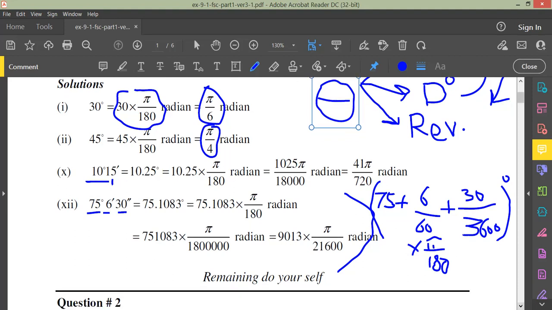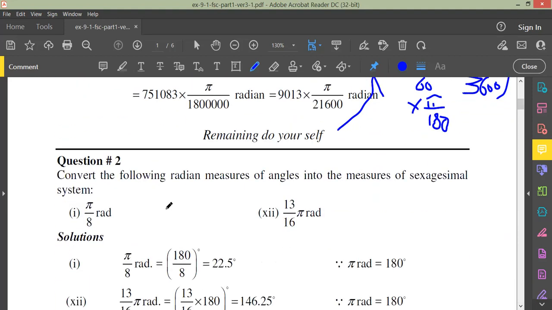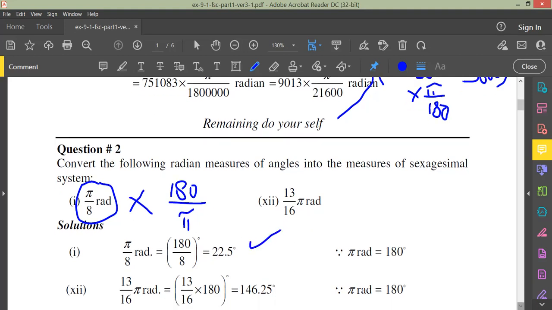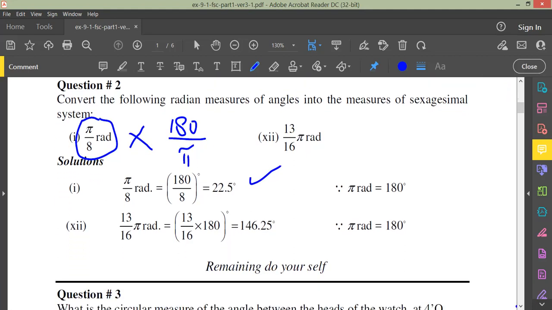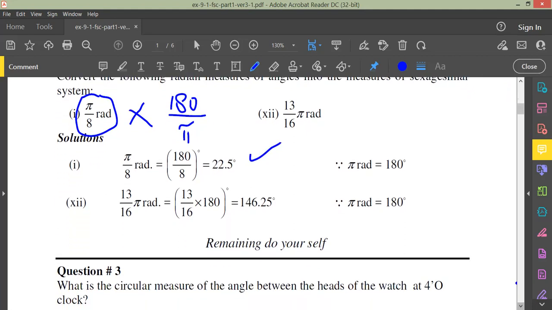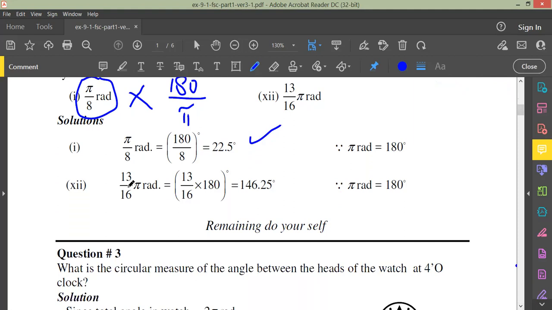Similarly, if we discuss question number 2, convert the following. Now there is a second procedure for converting radian into degrees. Simply multiply it by 180 over pi, and this will be our final answer, 22.5 degree. Similarly, if there is 13 over 16 pi, and we want to convert it into degree,